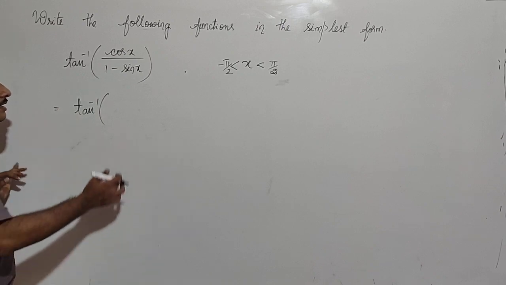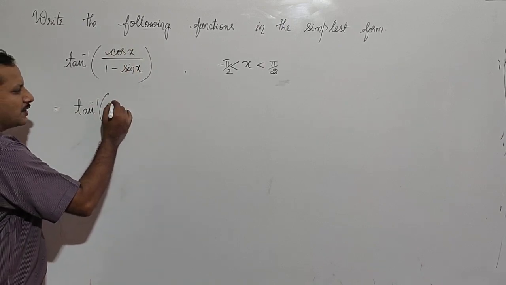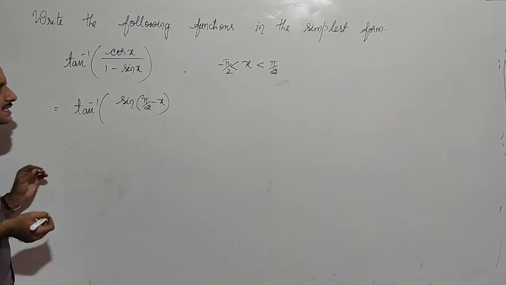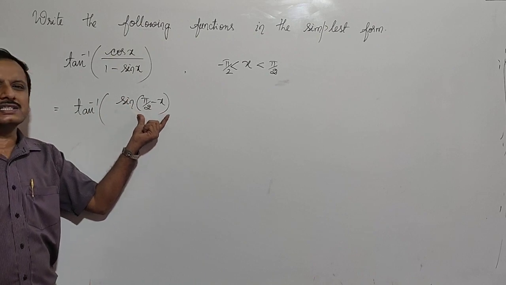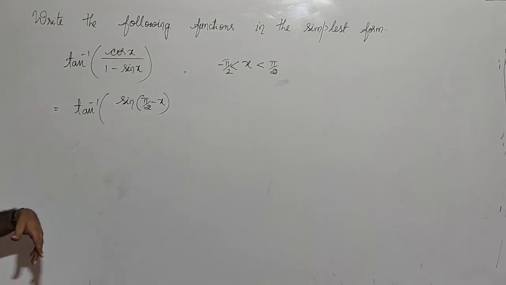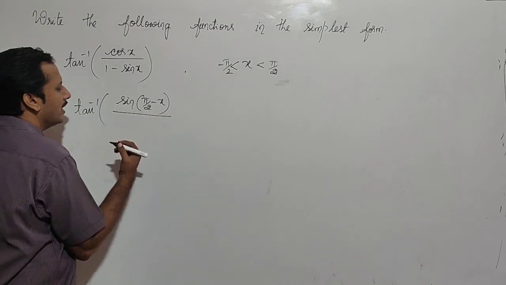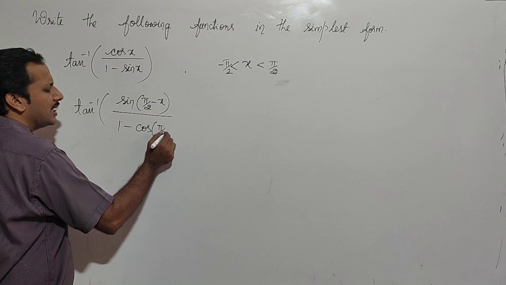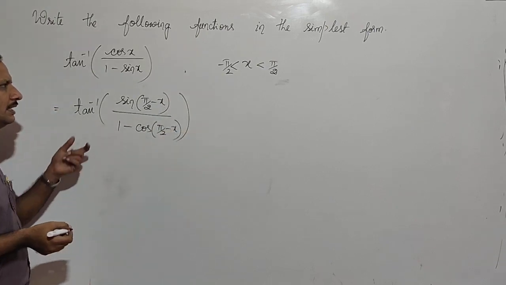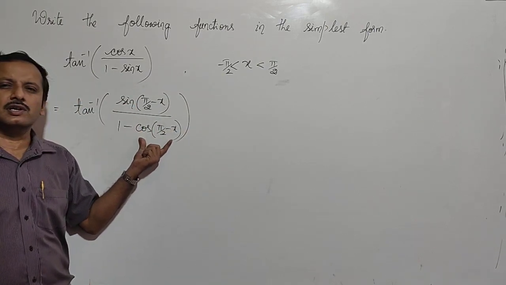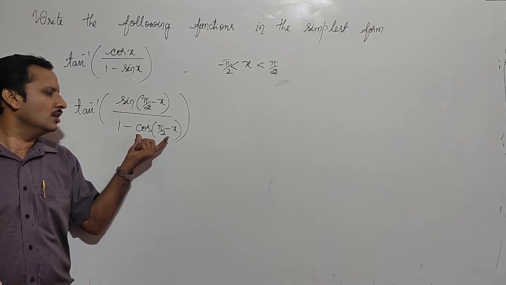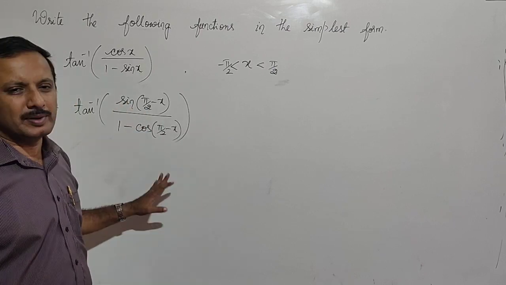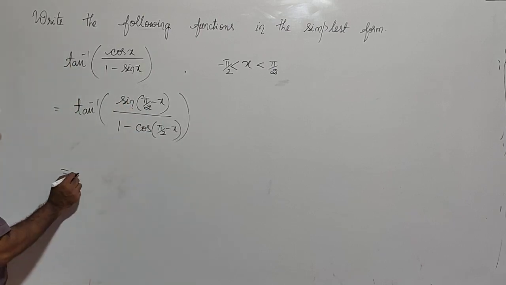Okay. For that, I will write cos in terms of sine, which can be written as sine pi by 2 minus x. Cos x can be written as sine pi by 2 minus x, divided by this sine x. I will write it as cos pi by 2 minus x. As we know, sine theta is equal to cos 90 minus theta. Cos pi by 2 minus x is equal to sine x, and sine pi by 2 minus x is equal to cos x. Further,